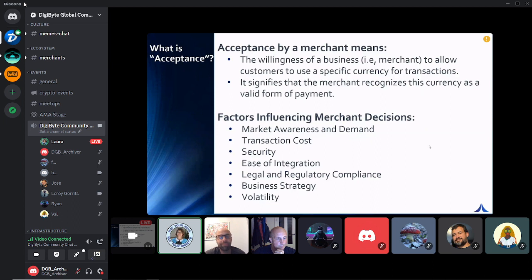it's hard to have your own business. It's hard to take payments. And especially like Patrick was saying, regionally, depending on where you are, it's not necessarily a simple thing. And having that legal and regulatory compliance aspect of it is definitely something that we all need to be paying attention to on a deeper level too, as we say, hey, everybody take DigiByte or everybody take crypto. What does that mean for that merchant's responsibility?